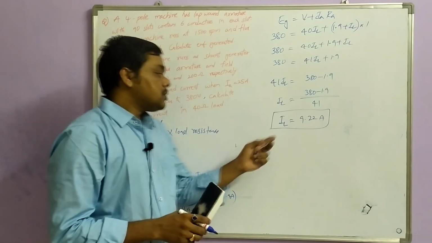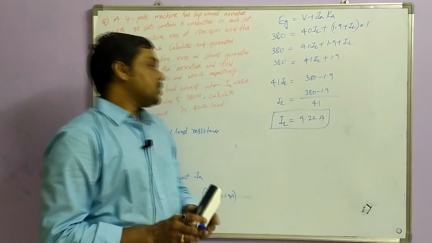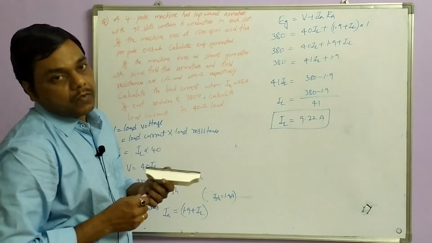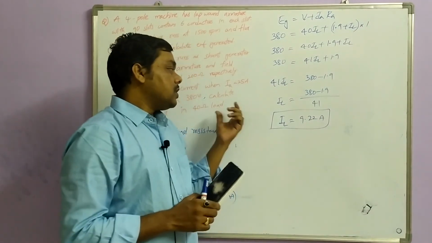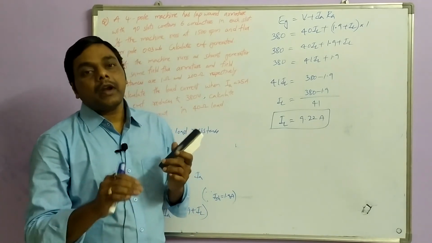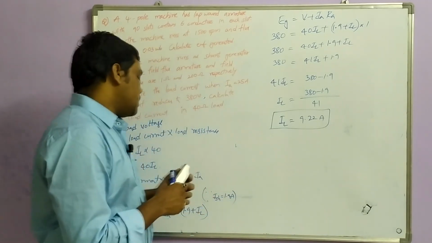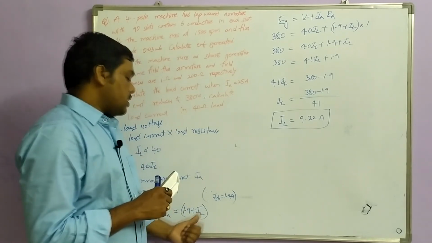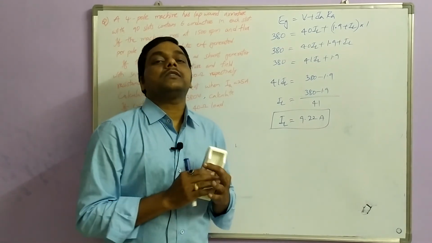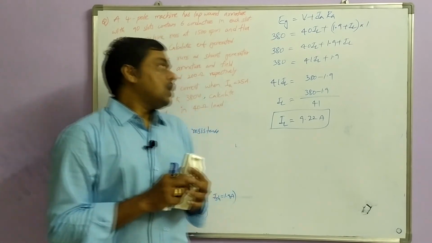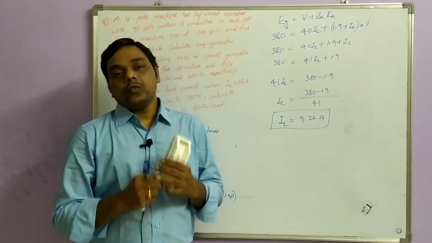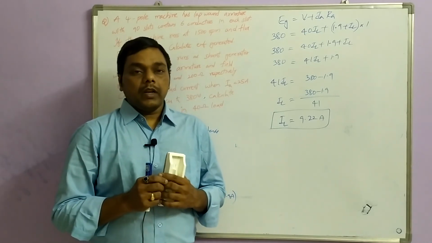Now we will see this load current is 9.22 amperes. In the previous case the load current is 23 point something, which is higher. Now the EMF reduces, this load current also decreases since field current remains same. Sorry, the armature current also changes, but field current is kept at the same value. So like this we are going to determine the different currents, and by using them we can calculate the generated EMF.